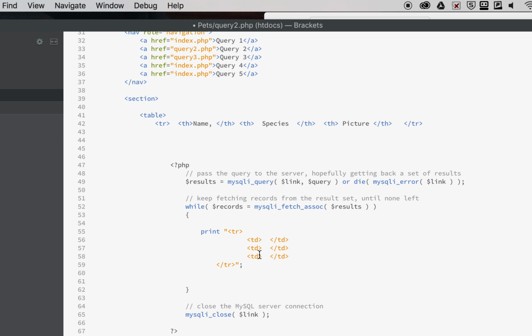Now each one of these, remember, is one of these columns here. So just make sure you understand that this is a column in a table, and I'm just laying it out like this because it's easier to not make mistakes. So what I need to do is fill this with things from the database. So I'm going to finish the quote from there to there now. It's going to print. Use that variable there, and put the field name